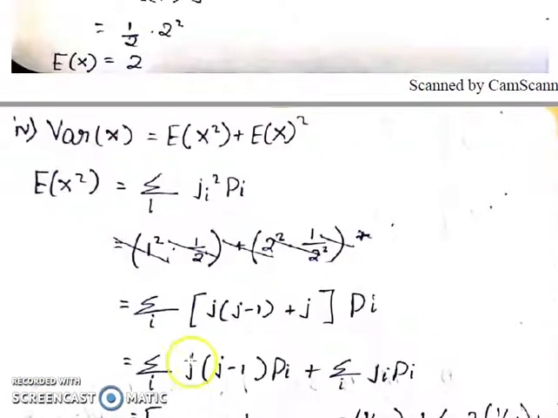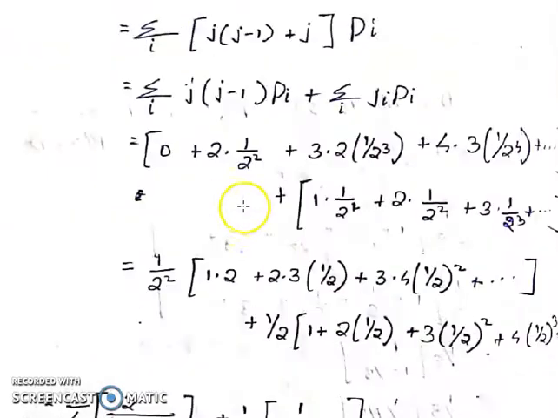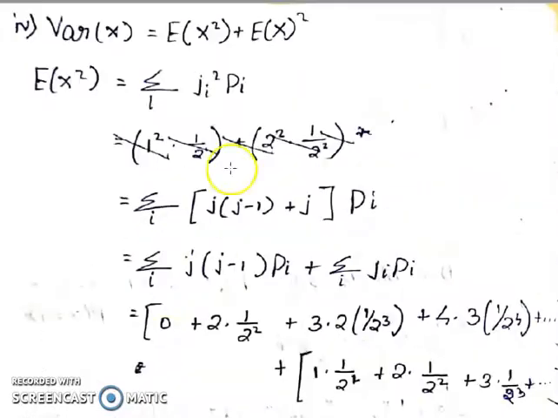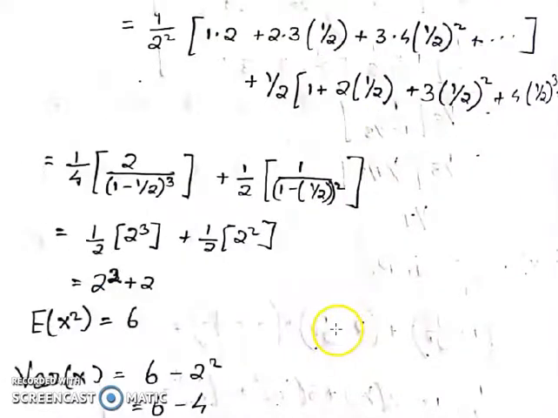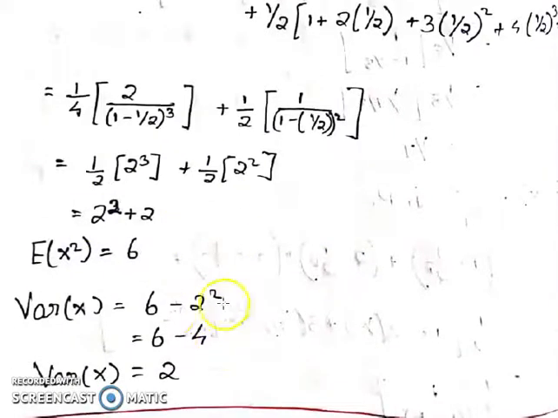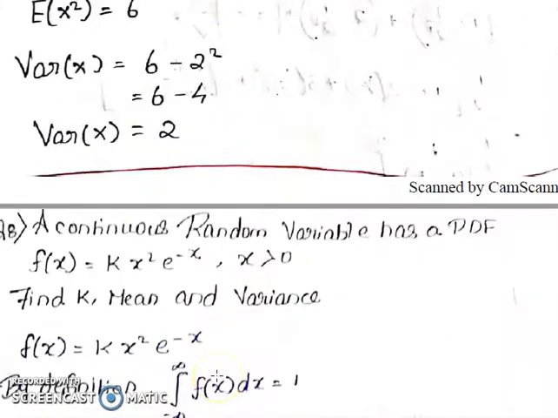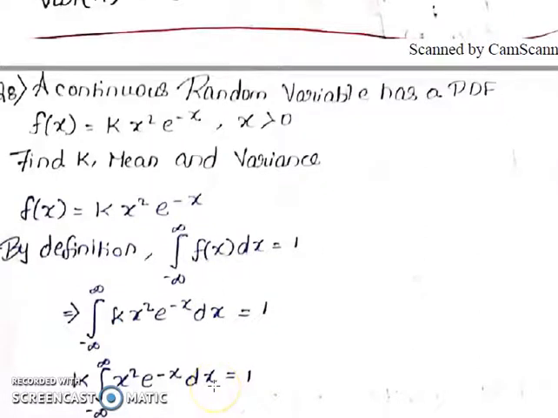We get this result, E of x equal to 2. To find the variance of x, we are going to apply this formula: E of x square minus E of x the whole square, right? E of x square formula is summation j square pj. That is j square can be written as j into j minus 1 plus j. Now separate the summation, right? Expand, apply everything. After simplification we get this result 6. Variance of x formula is E of x square minus E of x the whole square. 6 minus 4 is 2. Okay. So next now we are going to discuss continuous random variables.